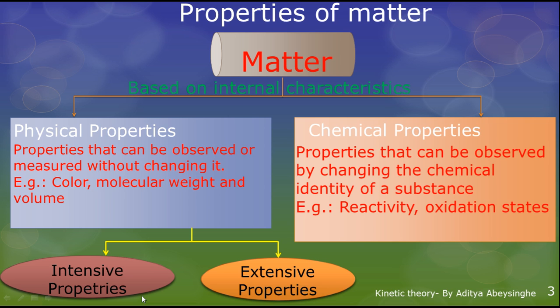The first method, classification of matter based on the internal characteristics, divides matter into two parts: the physical properties and the chemical properties. You know what the physical and chemical properties of matter are. To explain this, I'll take a simple example. If I have some sample of water, and I put some water into a beaker or glass, just a container,